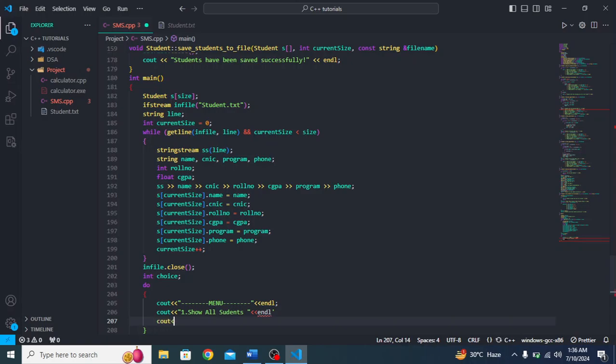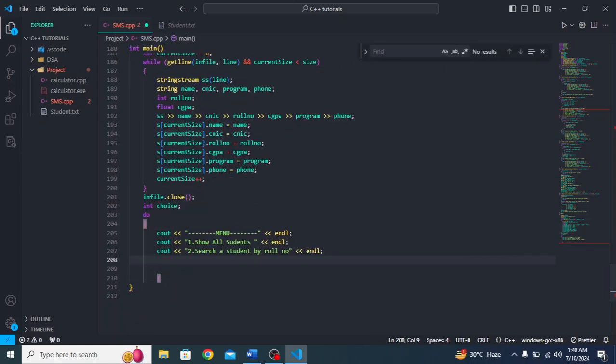The next one would be to search the student, and yeah, so the next thing we need to print to the user is our third function, which was